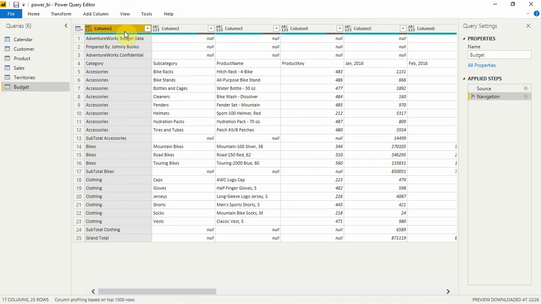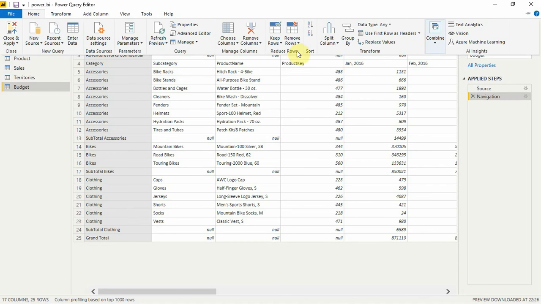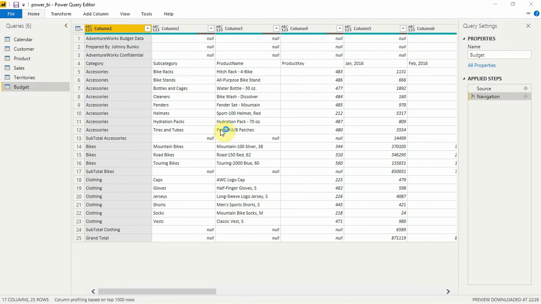So how can I remove the header rows? Okay, so let's see if there is a button for removing header rows. So can you see something here? So here is remove rows, and we'll check remove top rows, and now it will ask us how many rows we want to remove.